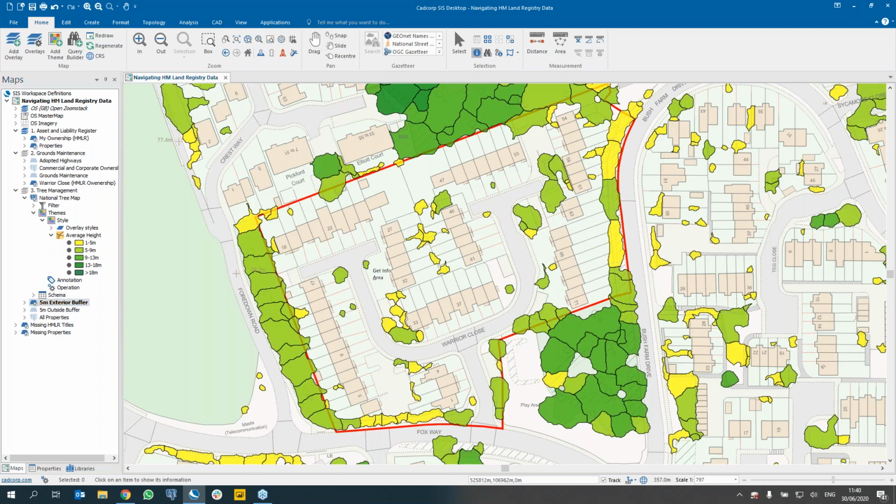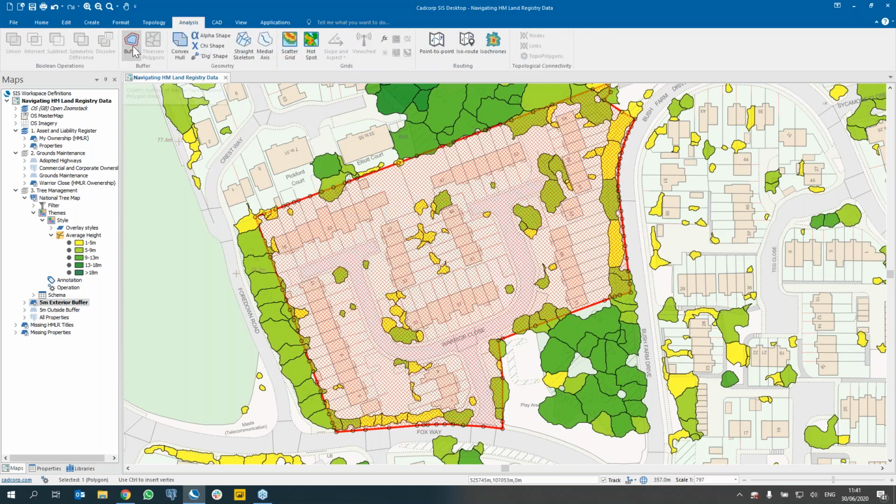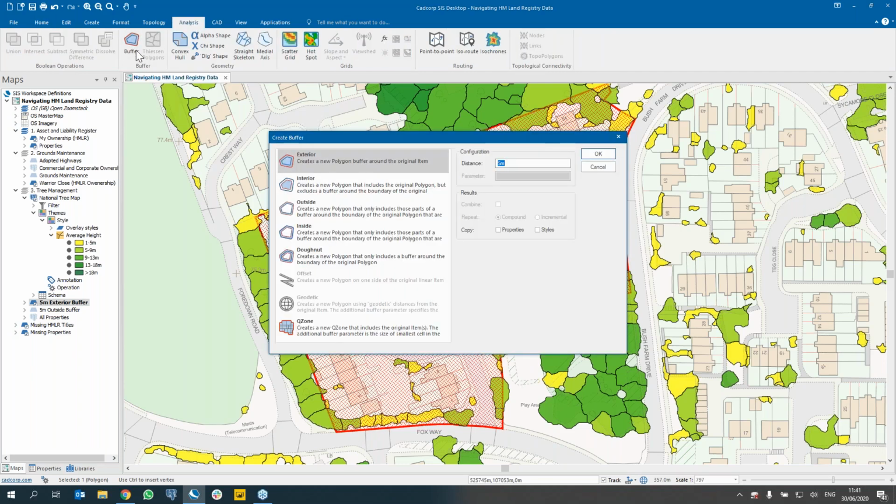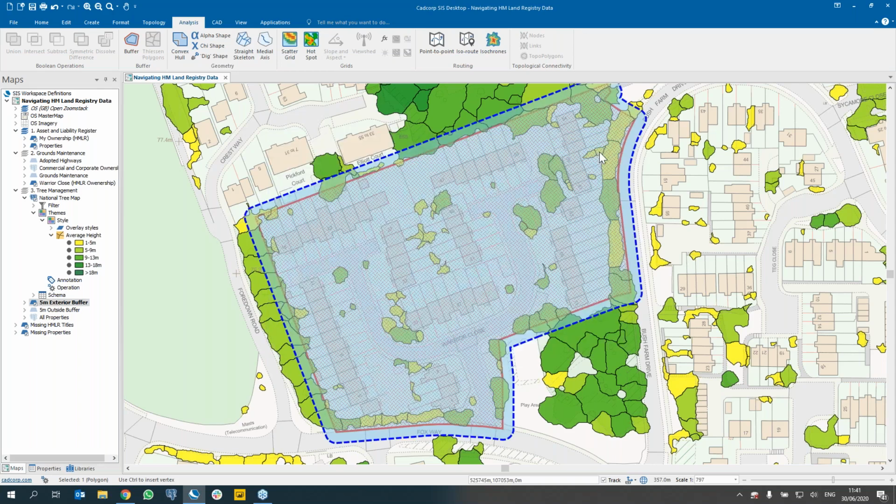So to find the trees that are within my land ownership and maybe within 5 meters of the perimeter, I can create a buffer around my land ownership. So if I select my land ownership, and I'm going to create an exterior buffer. So what this will do is include my land ownership polygon, but I'm also going to add an additional 5 meters around it. And there are many different options for creating buffers in SIS Desktop, and I'll show you an example of an outside buffer shortly. So I've now created my buffer, which is the blue dash polygon there, and I can now use this to find all of the trees that